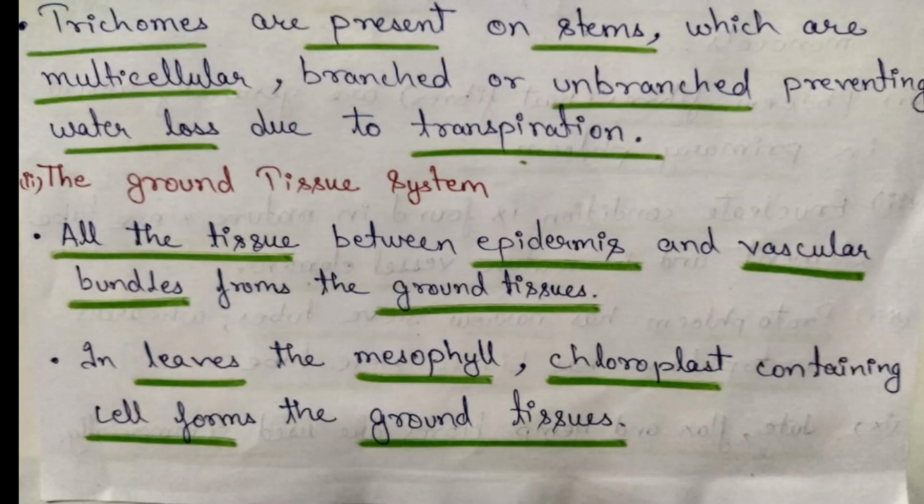The second one, we have ground tissue system. All the tissue between epidermis and vascular bundle forms the ground tissue. So